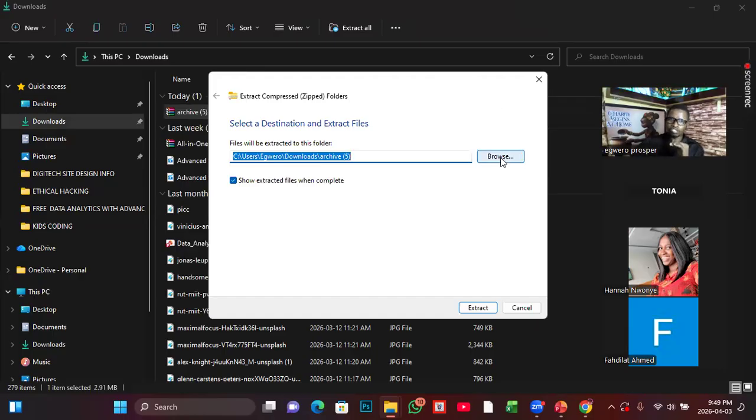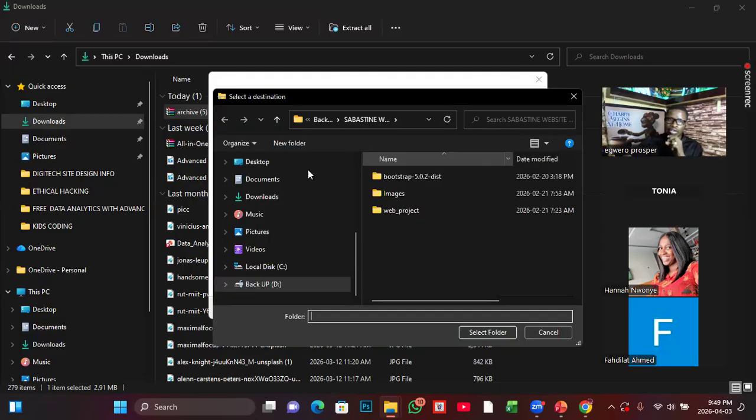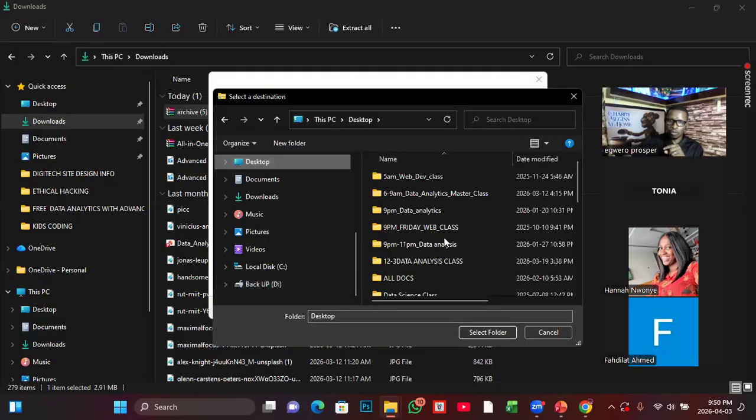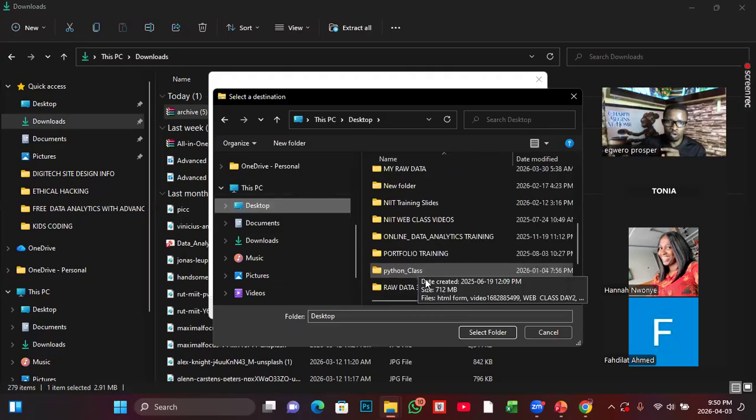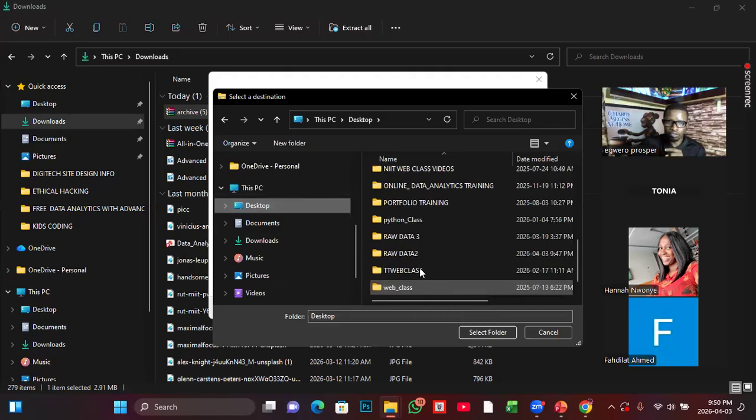This browse means you want to reach out to a different storage. If I click on extract here, with this URL telling me that where I am right now is download, then the file will be extracted and the extracted copy will be stored in the same place where the saved copy is. So I will say no, click on browse, go to desktop, and look for that folder, which is raw data 2.